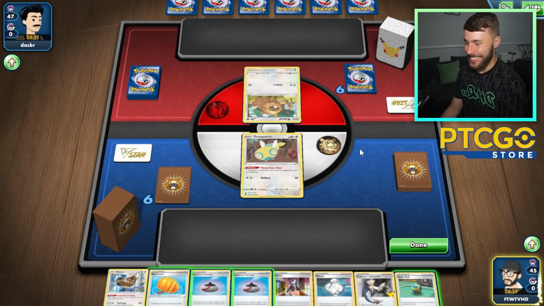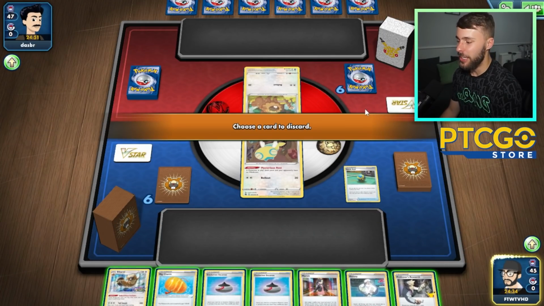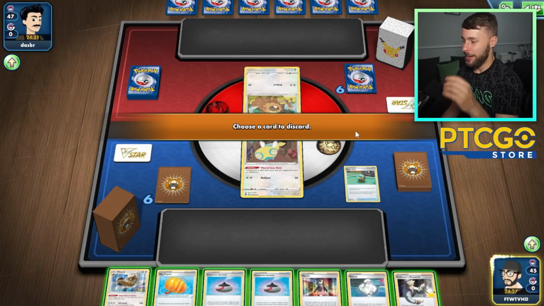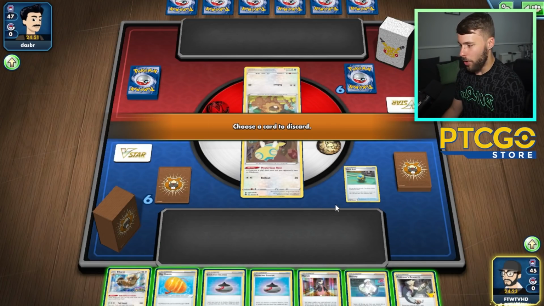Oh, we are starting this with a smile on my face because we are going to witness the deck that I do want to cover soon. And it's going to be very interesting to see how it plays against me here, especially with me having Manaphy. And you'll see why in a second. I think we just get rid of...